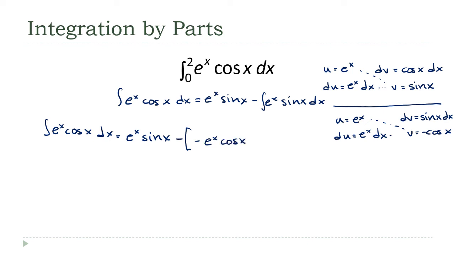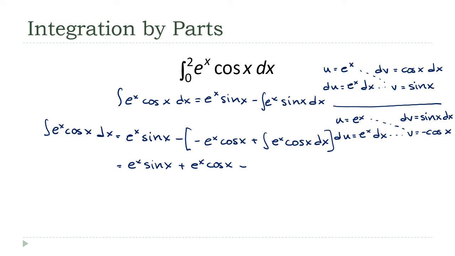Then I'm going to do minus the integral of v du, and that's minus cosine of x, so the minuses are going to cancel, and this will be plus the integral of e to the x cosine of x dx. Close those. Now, this is equal to e to the x sine of x plus e to the x cosine of x